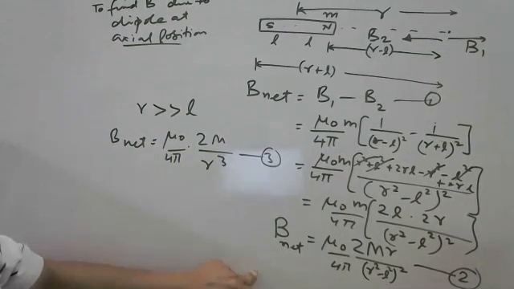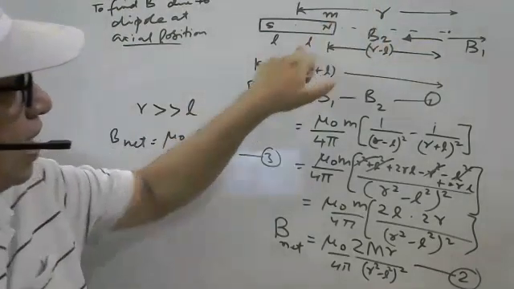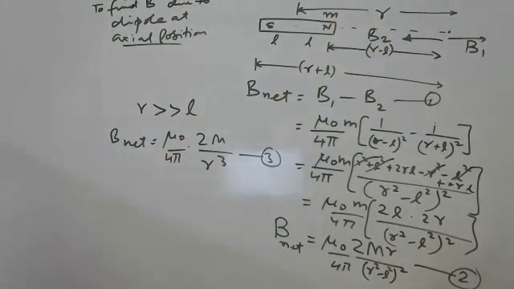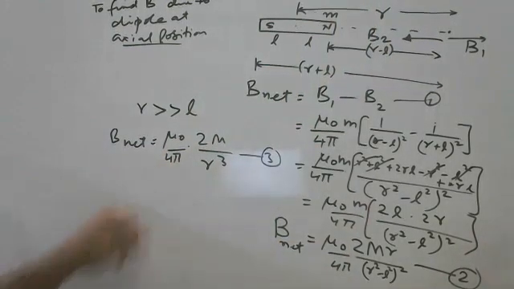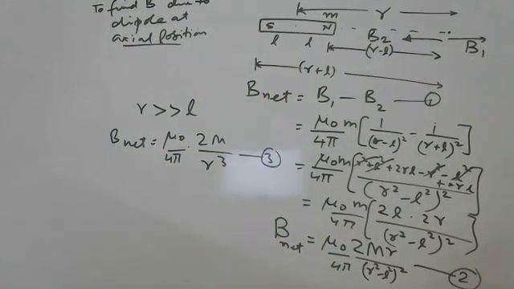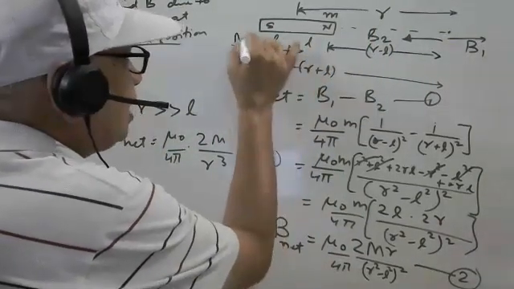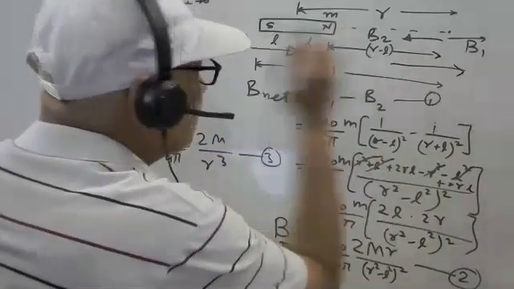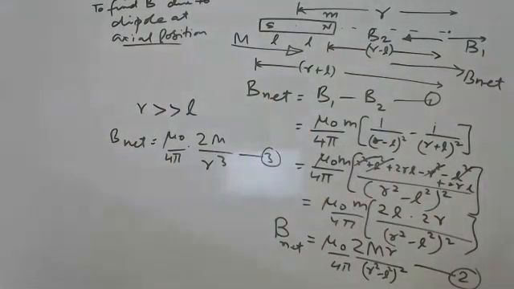It is not a short magnet. If the short magnet means here in comparison to R, L can be ignored. Rather, higher power L square can be ignored. In that case, we are getting the formula given by 3. And here direction of M and direction of B should be same, because direction of M is from North Pole to South Pole and direction of B is also from the same. So B naught and the direction of M both are in the same direction, just like in electrostatics.